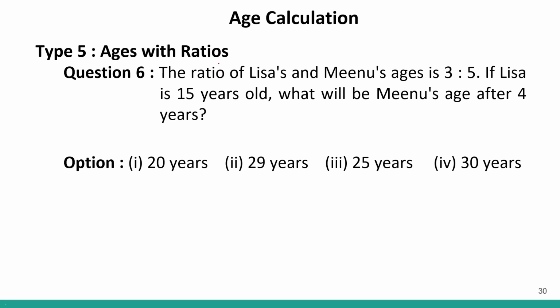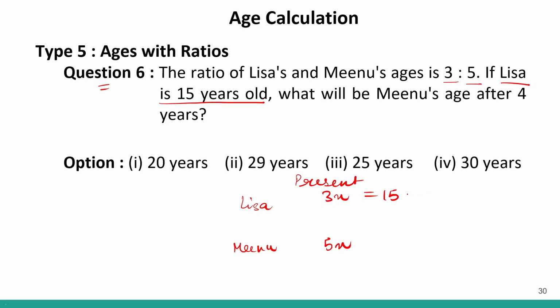So type 5, question number 6. The ratio of Lisa's and Meenu's age is 3:5. Okay, so I can say the present age of Lisa will be 3x and Meenu will be 5x. Correct? Now it is given to us that Lisa is 15 years old. So Lisa's present age is 15 years. So based on this equation, 3x equals 15,